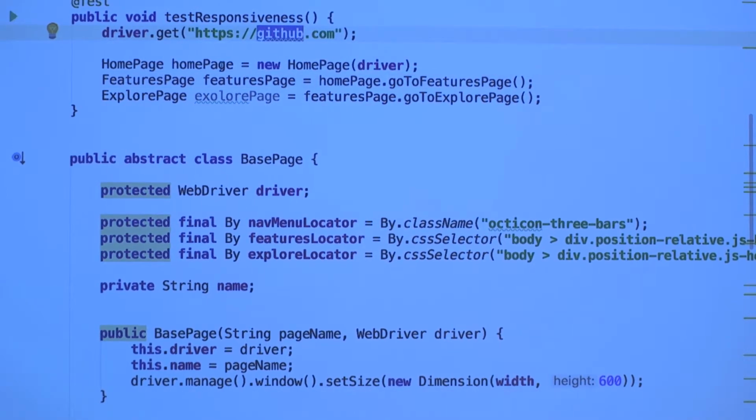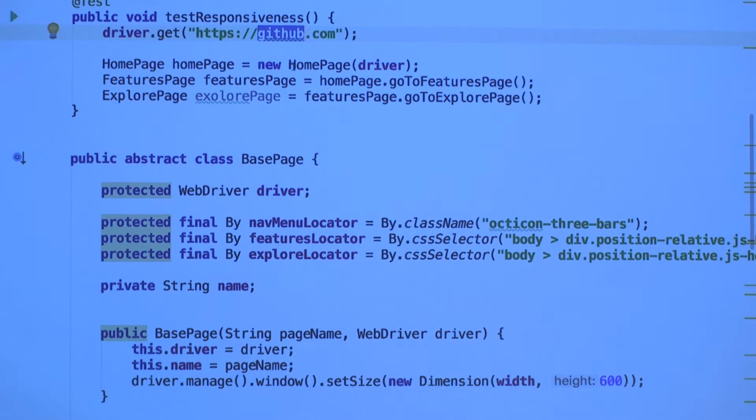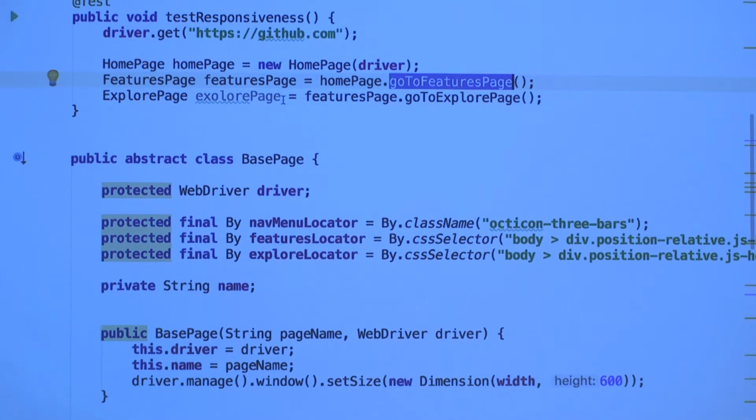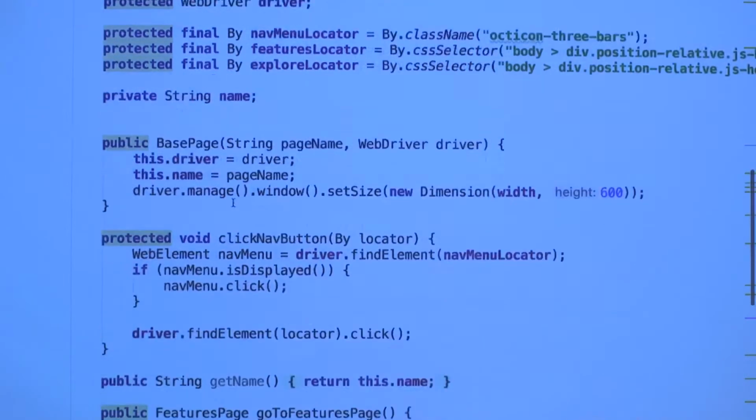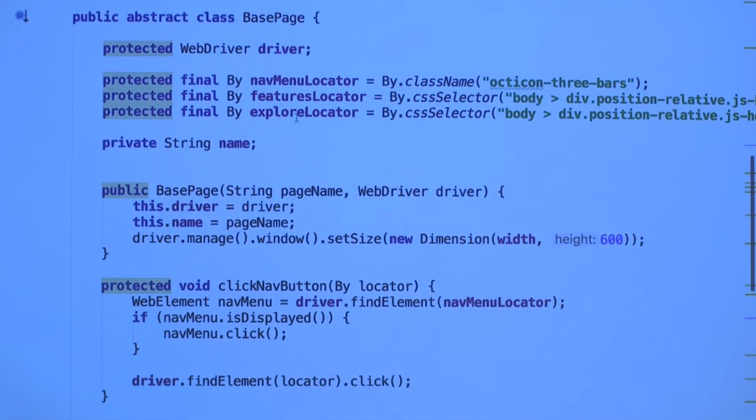I set up the homepage page object. The homepage has a method to go to the features page, which returns a features page. Then the features page knows to go to the explore page, and this returns the explore page. So this is much easier to read, and all the implementation details are embedded in the page object. If I go and look at the base page, for example,